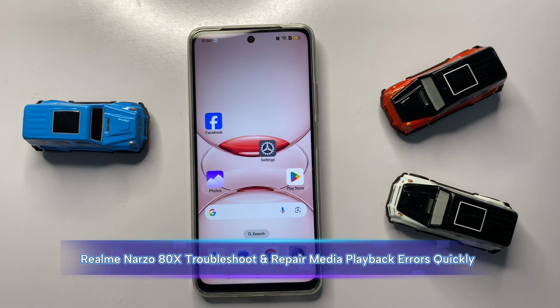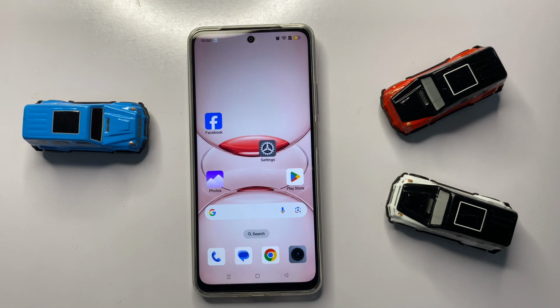Hello guys, get ready because in this video I'm going to show you how to fix the media keeps stopping error in Narzo 80x. So watch this video carefully and follow every step as I'm showing in the video, and